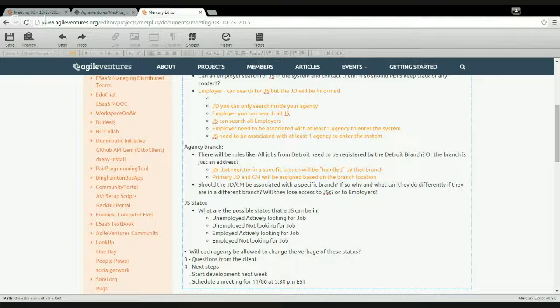Okay, so basically there will be no restrictions inside one agency. There are no restrictions in terms of searching. No, because let's say it like this: when you go to a specific branch, there is a job developer there and a case manager, and they are the primary contact for you. Right. And if you're from the web,